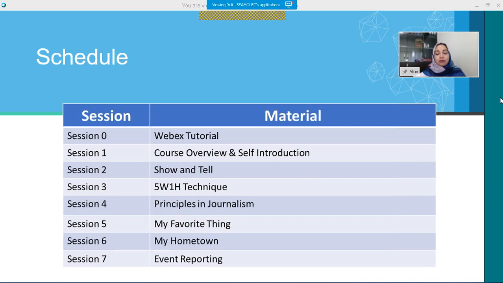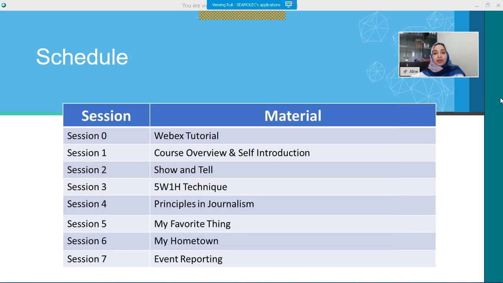And then you will also learn about principles in journalism. This one is considered quite important as well. Know the ethics, the good conduct of how journalism should be. And then we will also learn about the session titled My Favorite Thing. It will be about your interest, your hobby. You can also create articles. Maybe it's not included in news, but it will also become a great article in a magazine or in a newspaper or newsletter